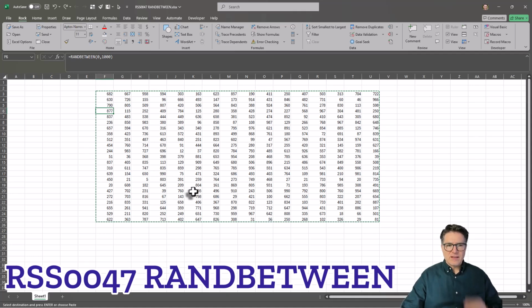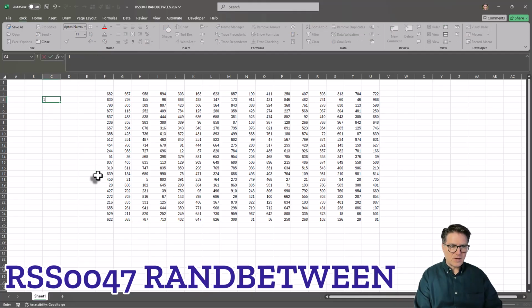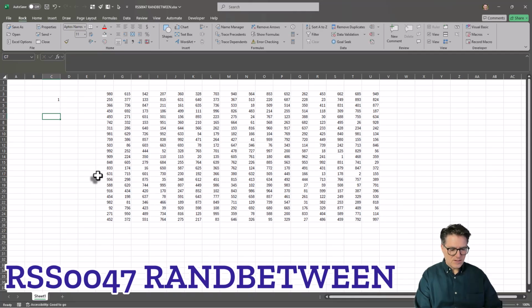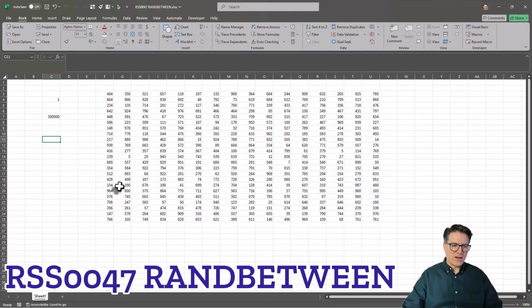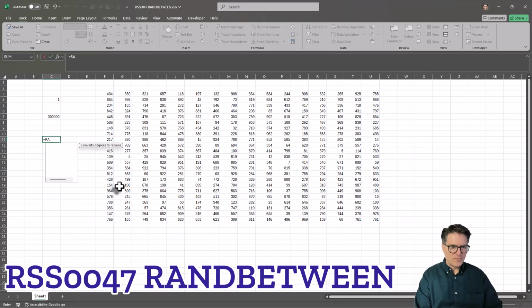One of the things that I like to do, and you may have seen me do, is be able to use a reference. So I can say, here's my bottom number, here's my top number, and now I'm going to have a random number between those two. This one, I use references as the arguments,